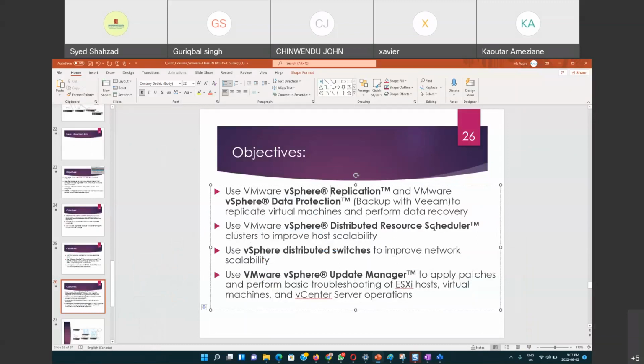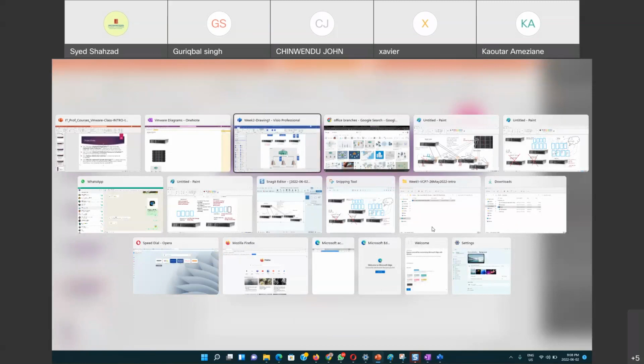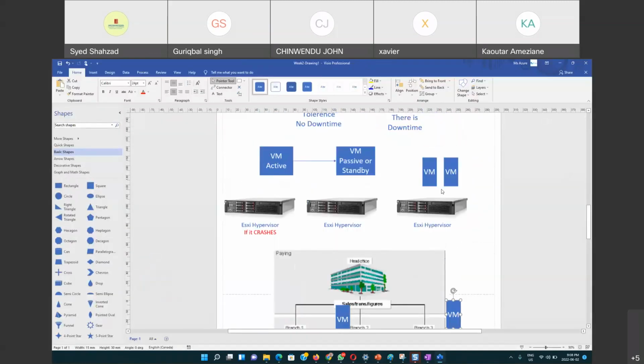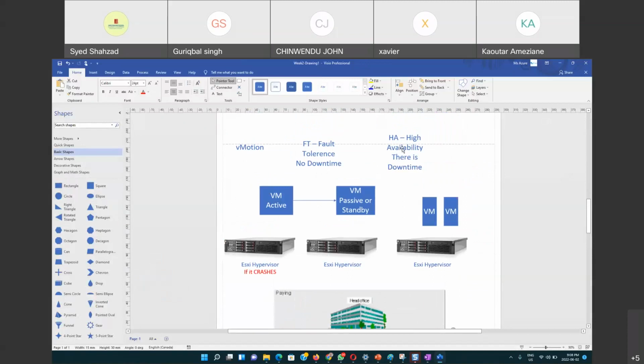Okay, distributed resource scheduler, very, very important feature here. That is distributed resource scheduler, or DRS. So what's a distributed resource scheduler? Distributed resource scheduler automatically